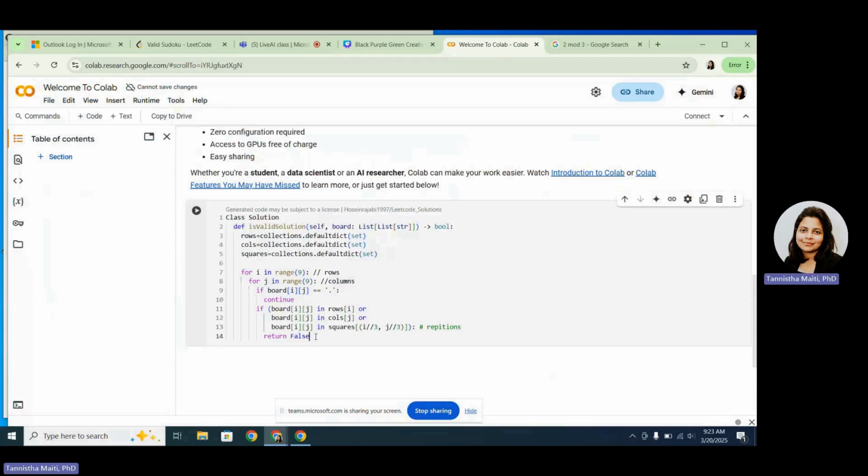Right. Otherwise, else we can have rows dot I add the board ij. So with the rows I comma j added, because this is not repeated, we just add the board values over here and return true. Right. That's kind of your